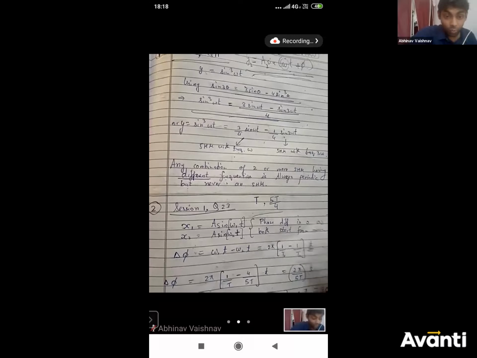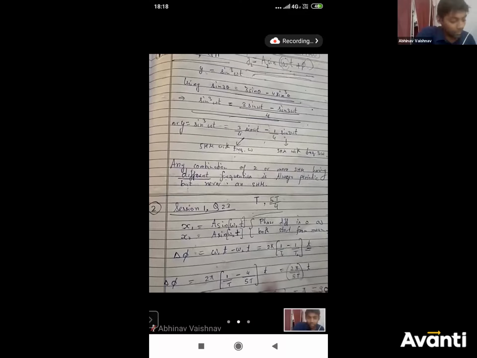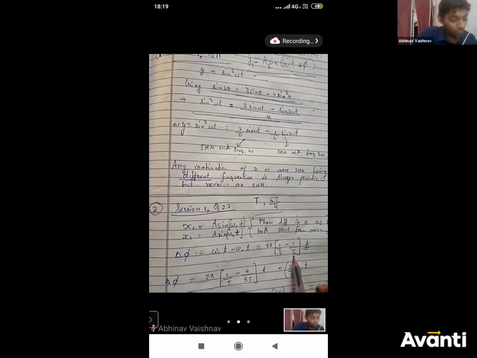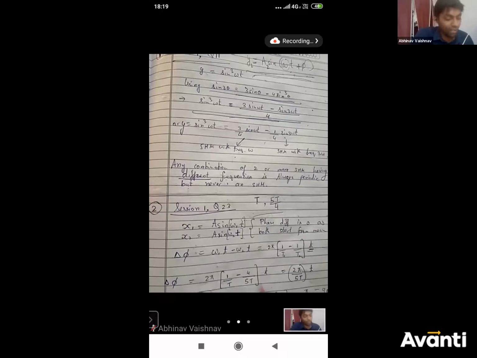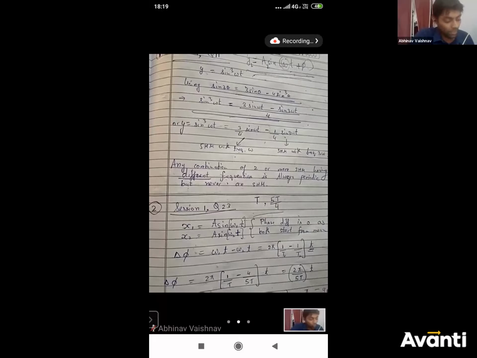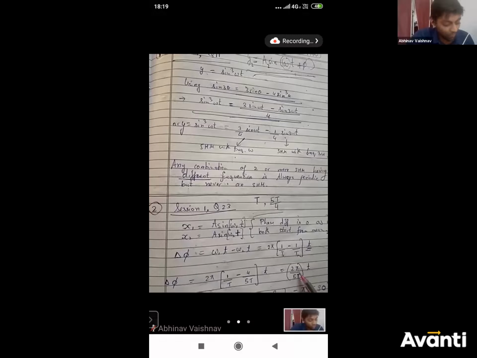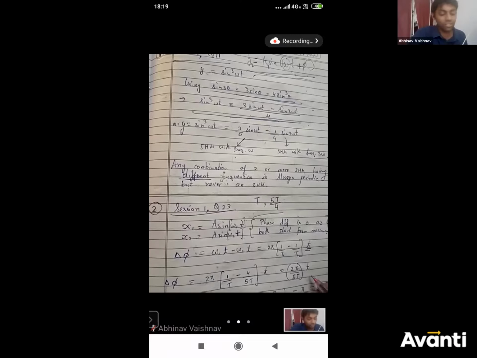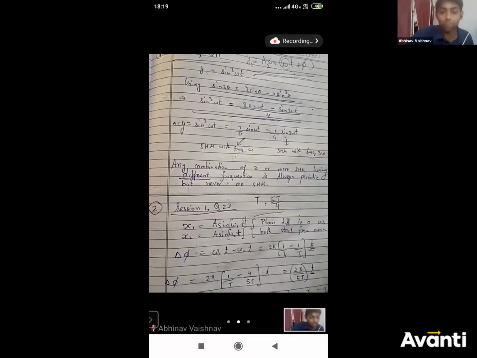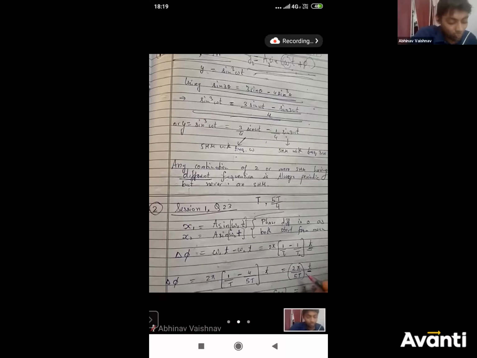हाँ, ठीक है. So now we just have to substitute values. T1 कितना है? T2 कितना है? 5T/4. So just substitute the values. It comes out to be 1 by T minus 4 by 5T. So this is just 1 by 5T. Just substitute करना है, right? So 2 pi by 5T times t. What is this t? Capital T is the time period, and small t is what?